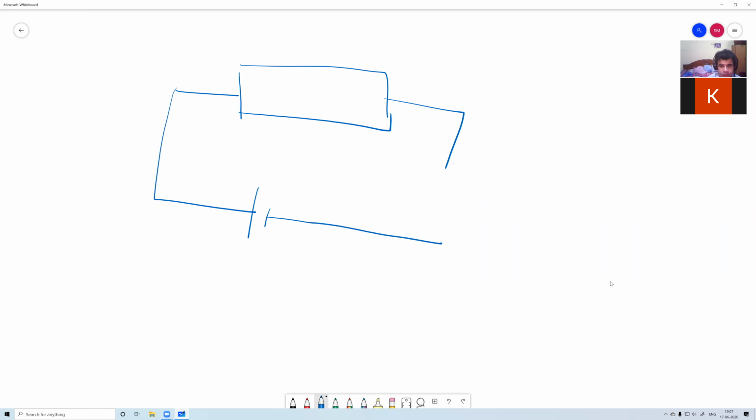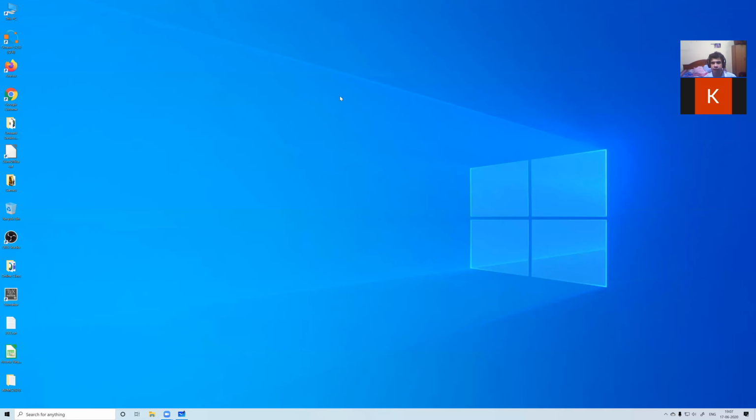So this is a forward bias diode. This is V. This is P. This is N. Okay, and there is a depletion layer. The depletion layer tends to be thinner and thinner when the bias voltage is increased. On the other hand, if I connect it in reverse bias, there is a much wider depletion region. These things we have seen already. It's not new things. So as the reverse bias voltage increases, so does the depletion region width.